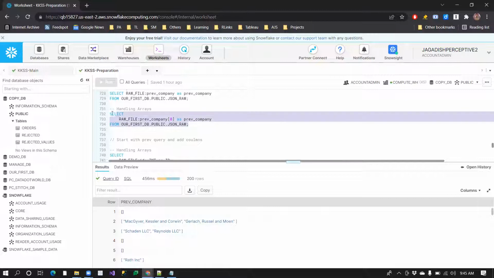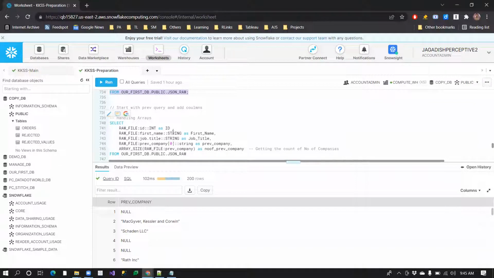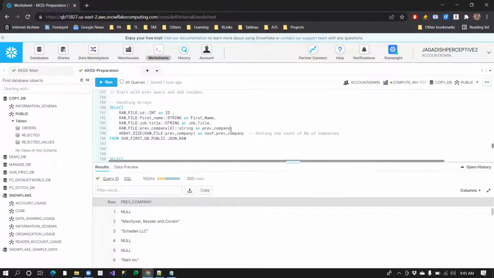So let's quickly see this. This is how you handle array elements, and likewise I can convert that into a string, etc. Now if I want, I can merge the previous results. Here, these values are coming directly from the simple elements. This is coming from the nested element, job title, parsed as string, and this particular value is coming from